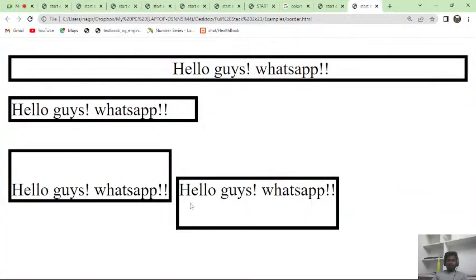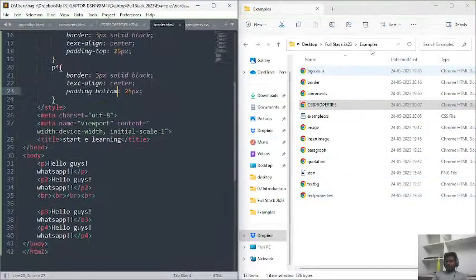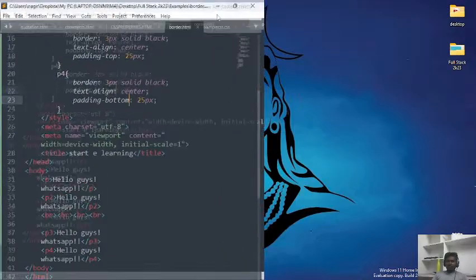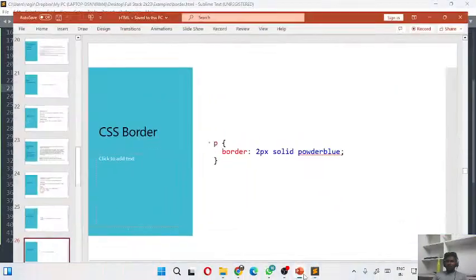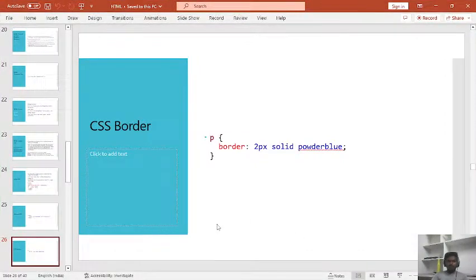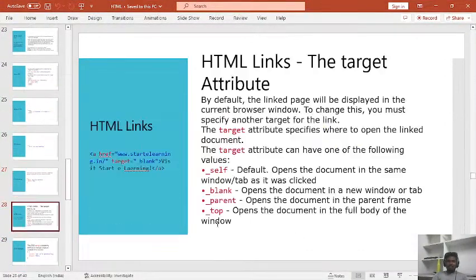So this is what the bottom padding is. Okay. So here, this is how the padding is going to look like. Okay, hope you people are clear with this. So if you have any doubts, I'll clarify your doubts. So CSS borders completed, CSS padding completed, and then links and all we already completed by using the